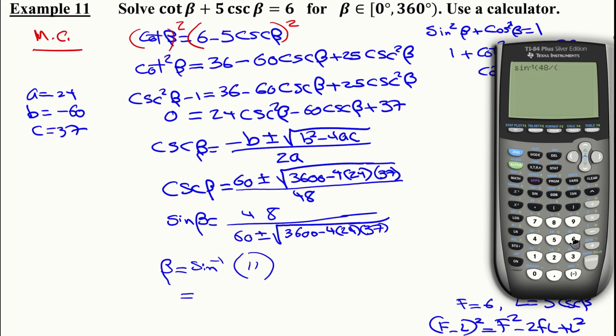So we're going to do the plus case first, so we'll say 60 plus square root, which is second squared on most calculators, and then 3600 minus 4 times 24 times 37. A lot of patience is required at this point for this calculation, and we end up with